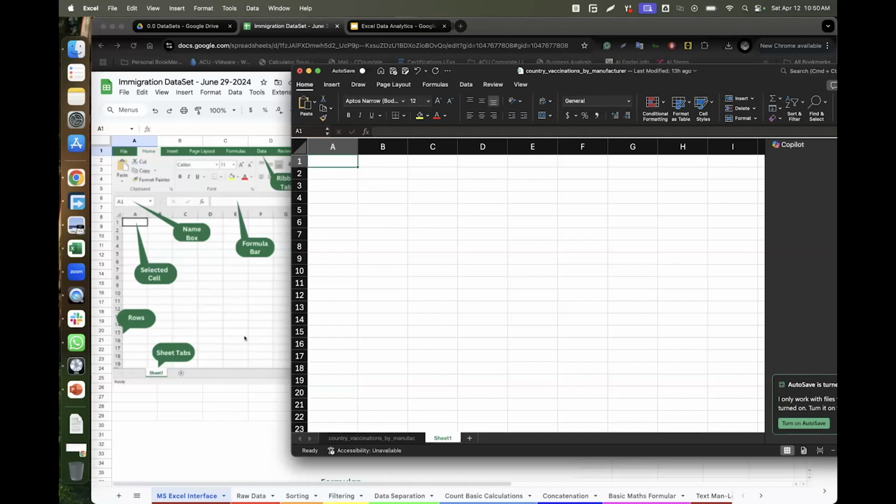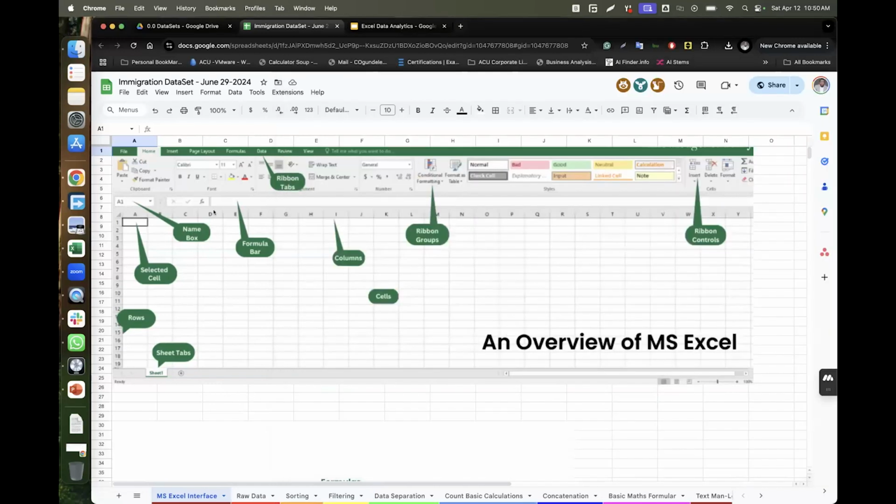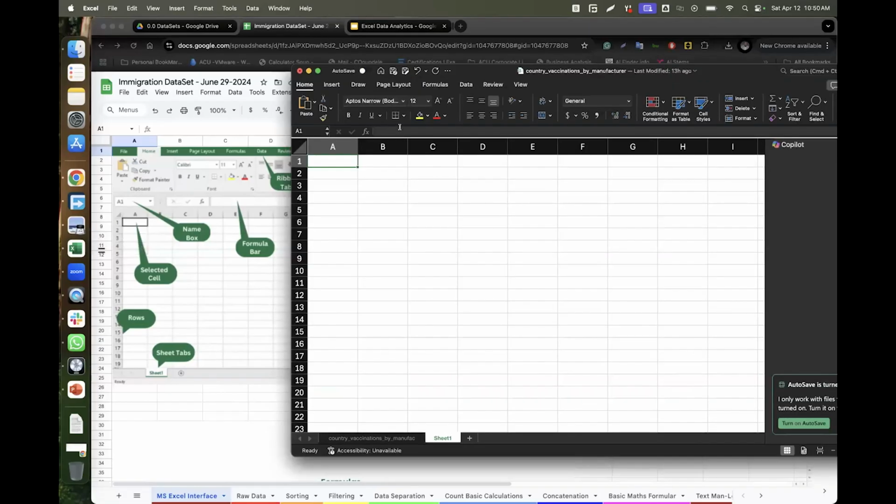Now, the next thing I also wanted to talk to you about is how you can use your ribbons here and your ribbon groups, as well as the formula bar. So I'll go back to Excel now. Here, where you see the FX, is known as the formula bar.